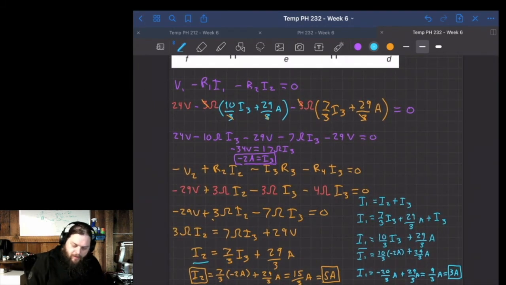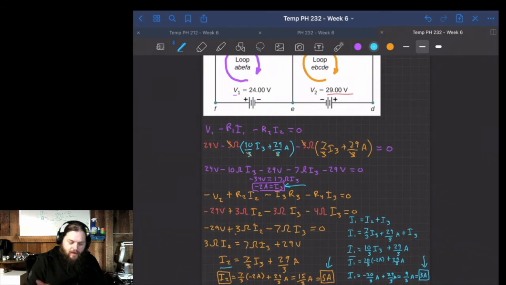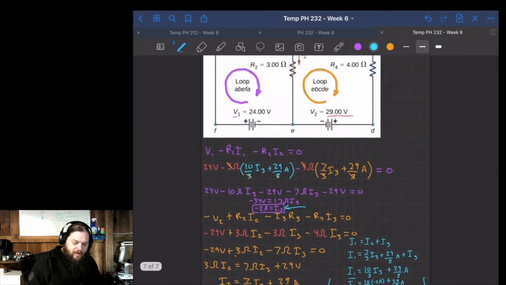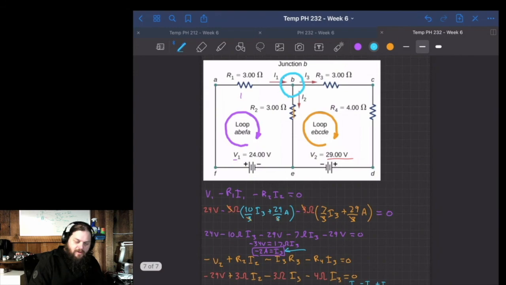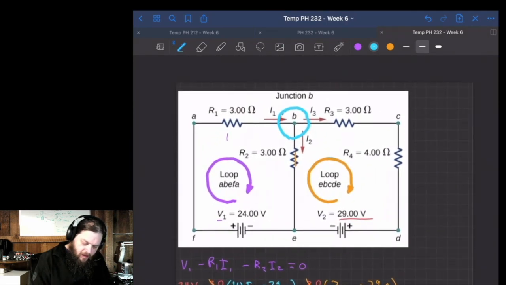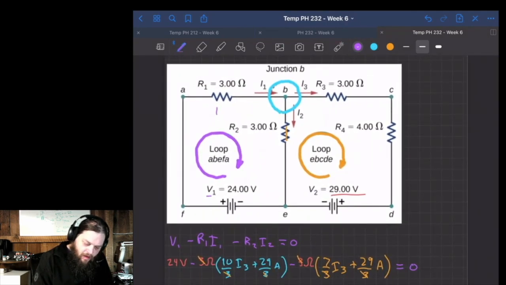So we were able to find the current of all 3 of the chains of our circuit, the branches there, just by using Kirchhoff's rules and those 3 basic equations that we had, the 2 loops and the 1 junction. So Kirchhoff's rules helped us again. Notice that the current of I3 is negative. And I think that's an important thing to recognize,